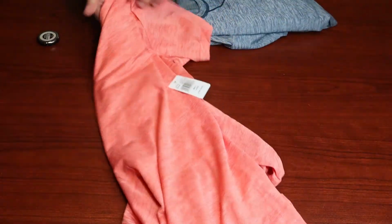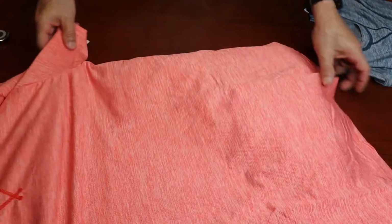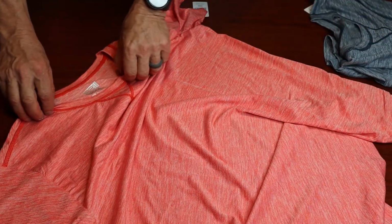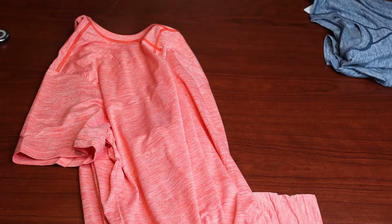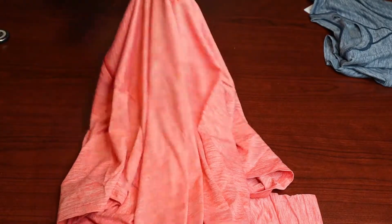Let's look at this orange one first. So, men's large. Nice hand feel to it. It's a mesh fabric. I don't know if that comes through there on the camera. Actually, if we get some light behind it, you'll be able to see that better. Kind of that mesh construction. Anyways,